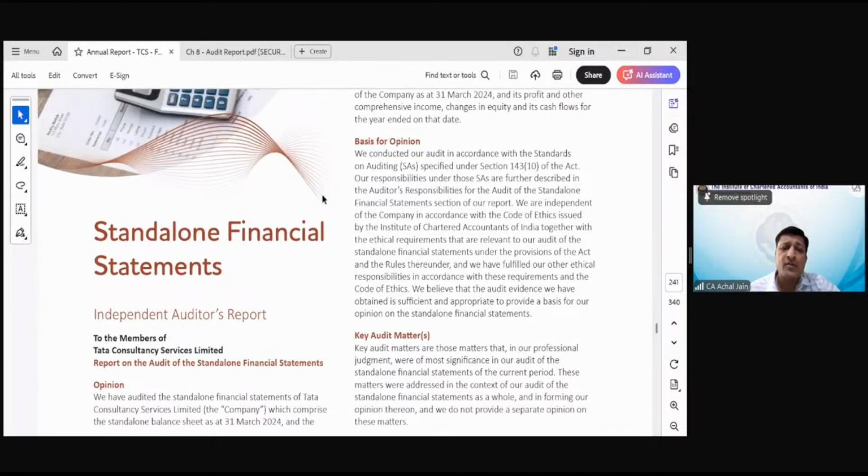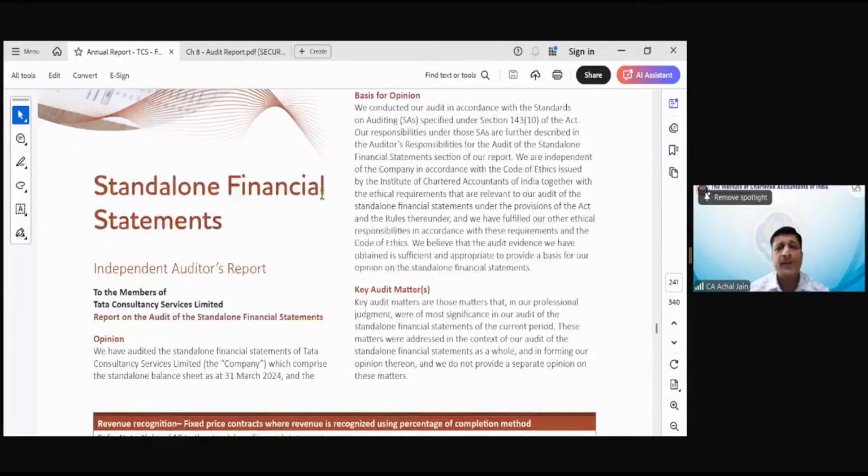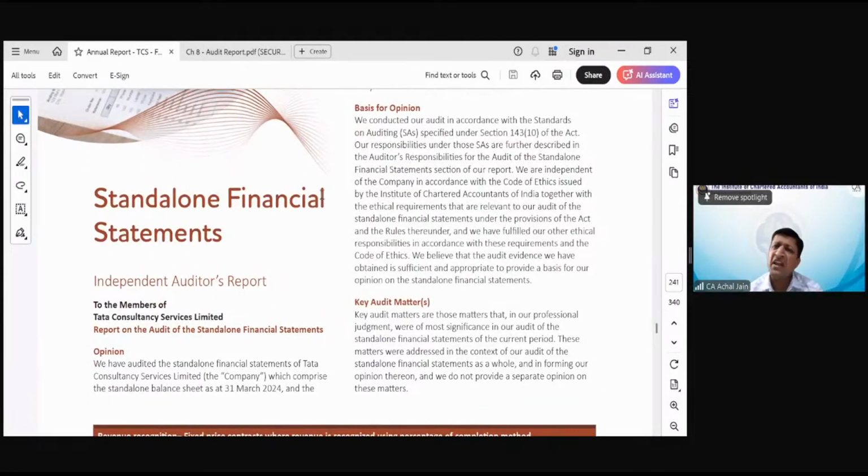Now comes the most important part, and that is what you call the opinion. See, every audit report has to start with the opinion. Every audit report. Now, what is the meaning of opinion? Opinion means all the conclusions which the auditor has drawn as regards the financial statements, whether they are free from material misstatements or not,